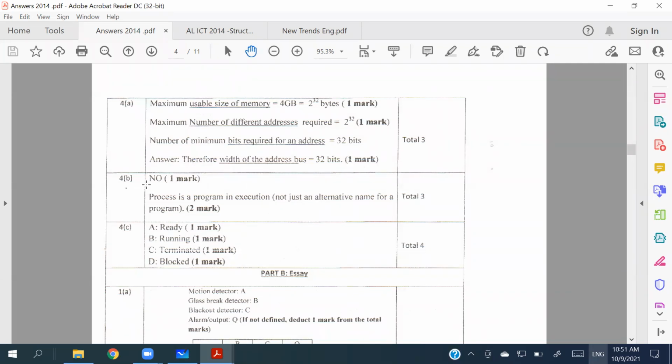Process is number of. එතන පොඩ්ඩක් conflict වෙන්න පුළුවන් දීලා. The process is number of instructions. Process is a number of instructions that to be executed here, sir. Number of instructions that to be executed. Process.